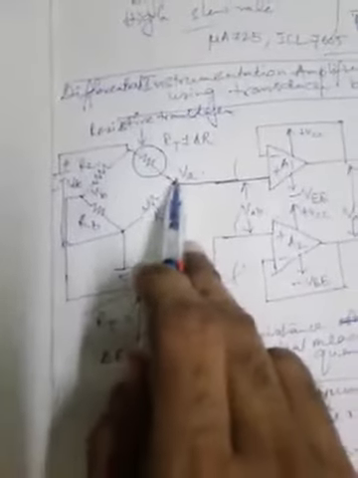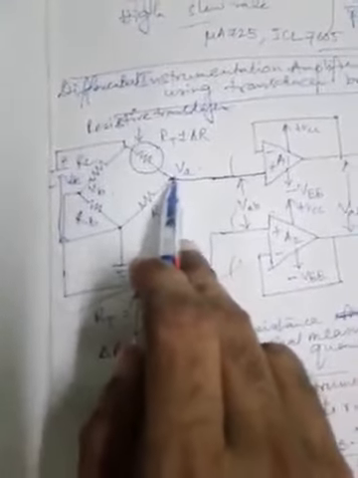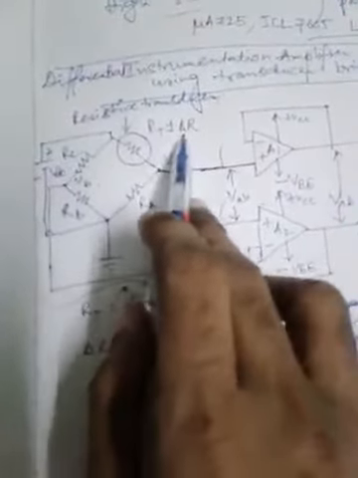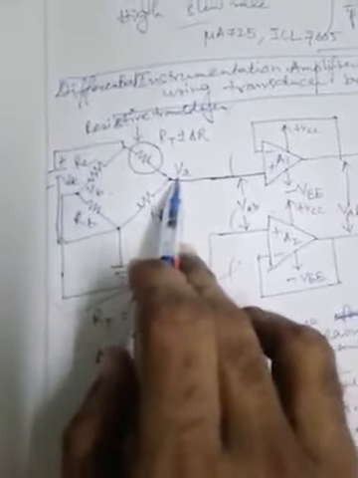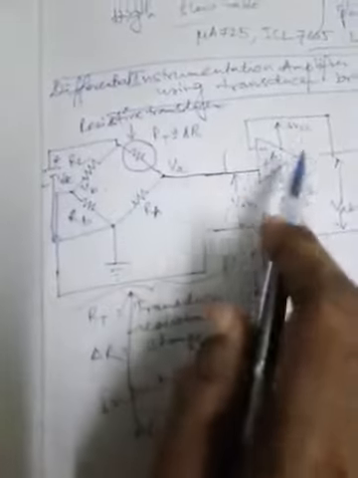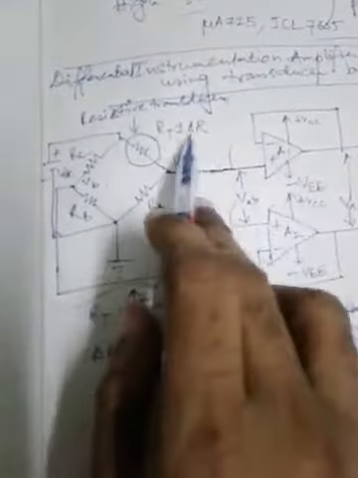So VA is the responsible voltage, the responsible physical quantity that is being measured, converted into the electrical form as VA. So delta R converted to electrical form is VA, and that is applied to the inverting input. So that's why this differential amplifier is working in inverting mode. So its gain is minus RF by R1.